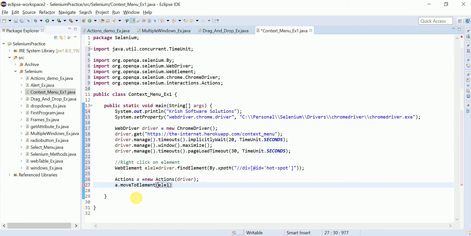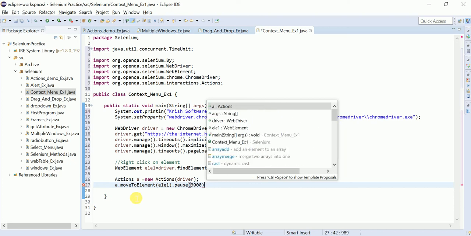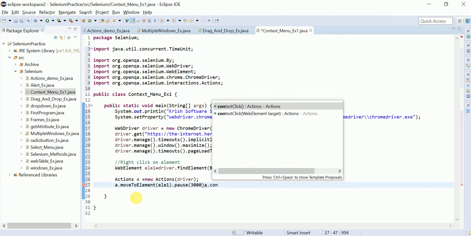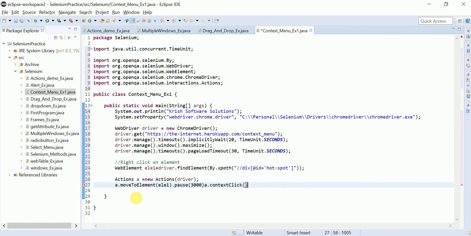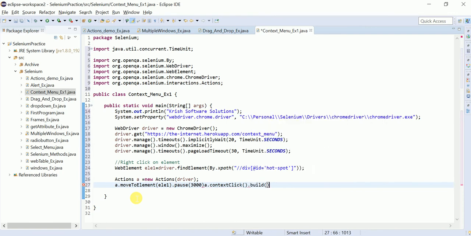I have moved, and I am pausing here for 3 seconds. And then what do we need to do? We need to perform the context click, dot build, dot perform. That's it. There is a direct method for us.